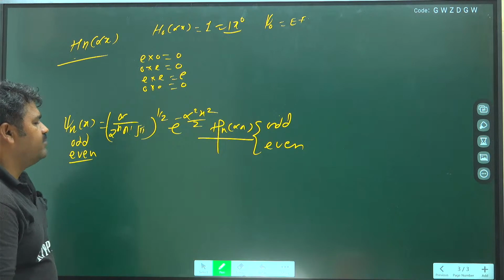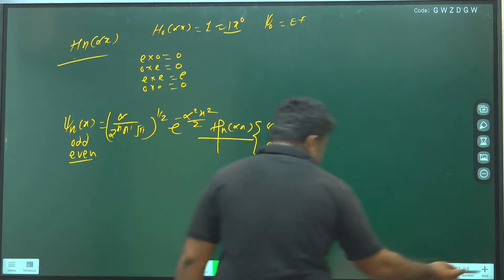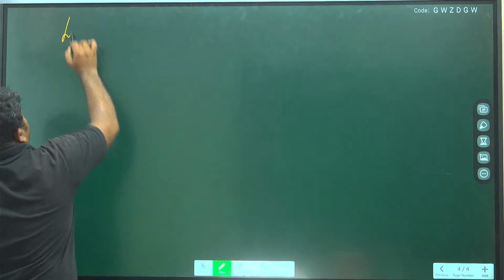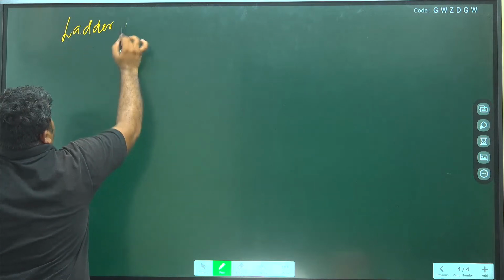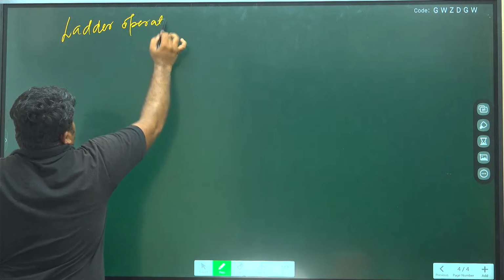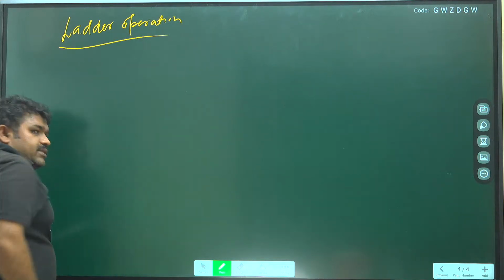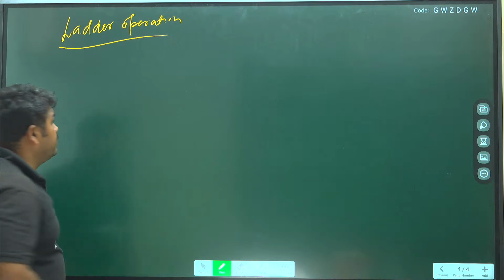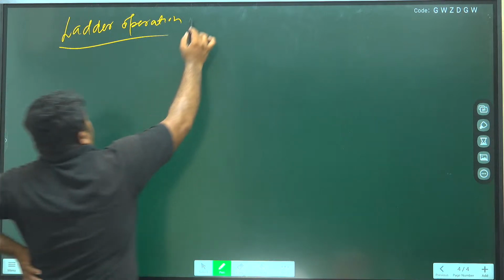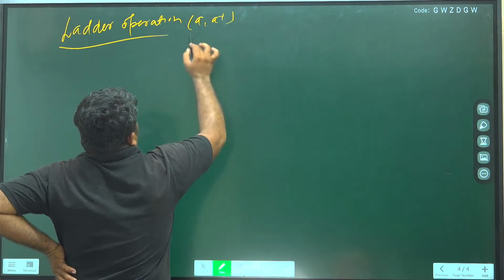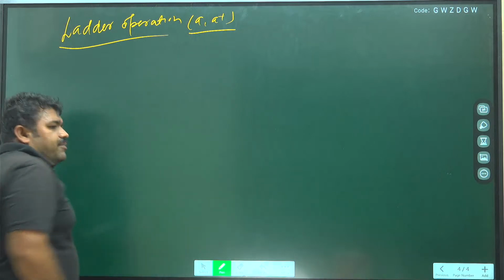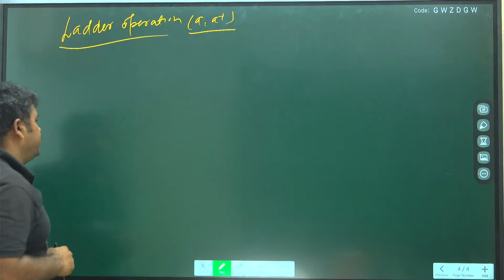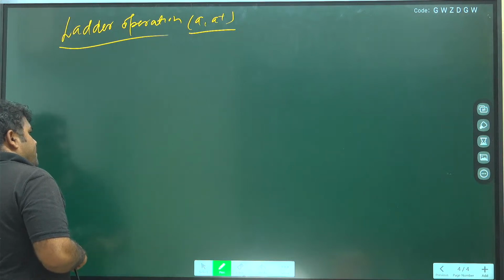In the LHO system, there are two important operators. This operator is known as a ladder operator. There are two operators. Which ones? First one is the annihilation operator and the second is the creation operator. This indicates A and A dagger. A is known as the annihilation operator and A dagger is known as the creation operator. What happened? Suppose,